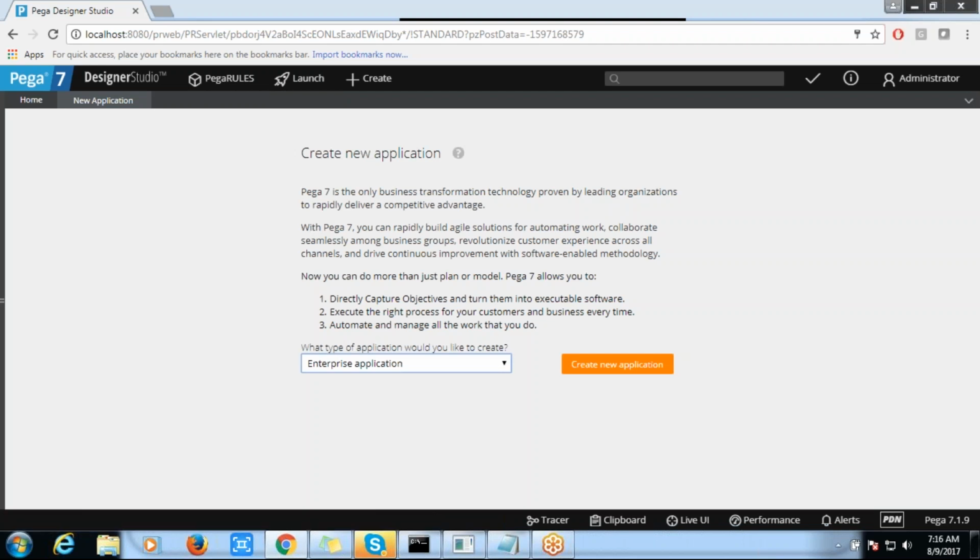Yeah, I just have one quick question. How did you land in the developer studio? Was it the default, or what option did you take once you logged in? Once you logged into the application, did you land straight in the developer studio, or was that your default application?